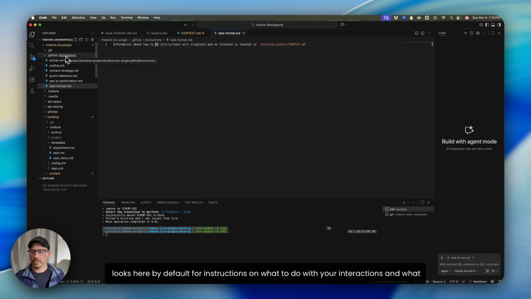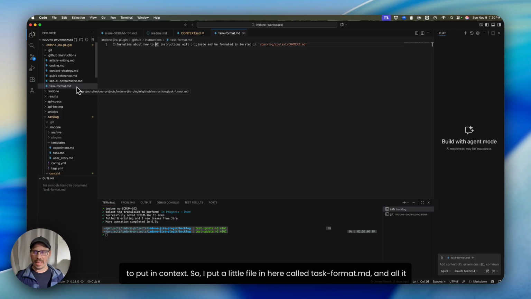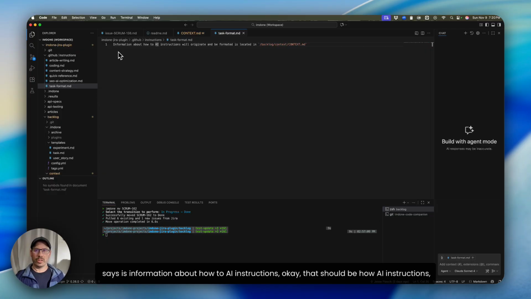Copilot looks here by default for instructions on what to do with your interactions and what to put in context. So I put a little file in here called task-format.md, and all it says is that information about how AI instructions will originate and be formatted is located in